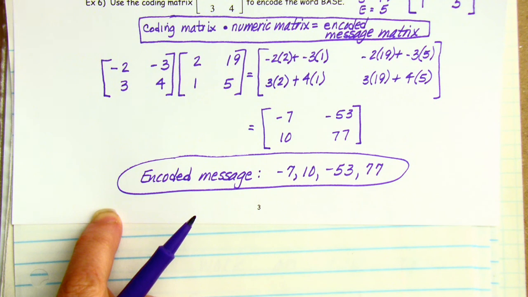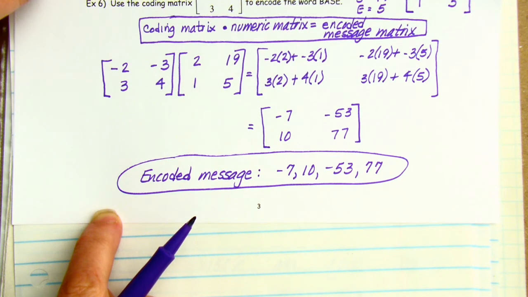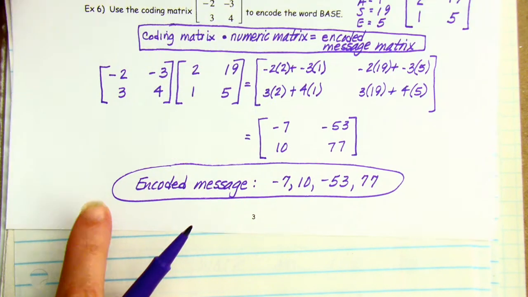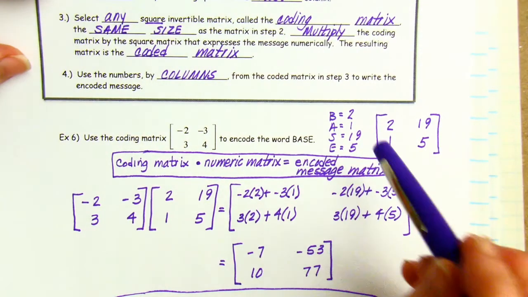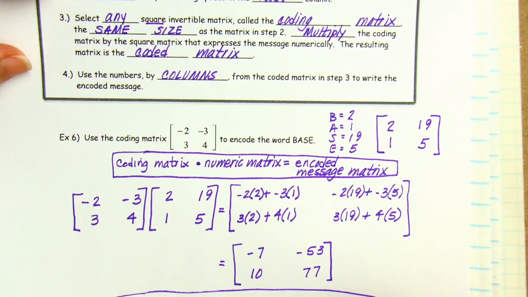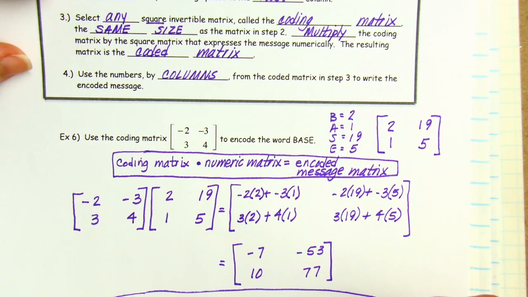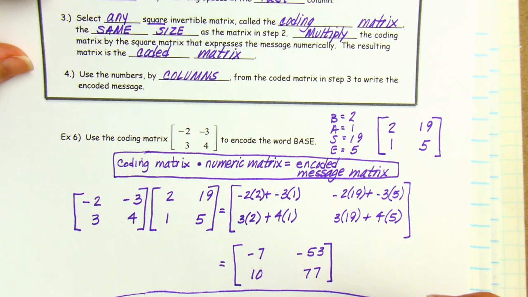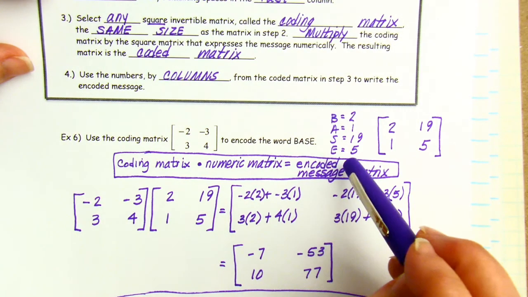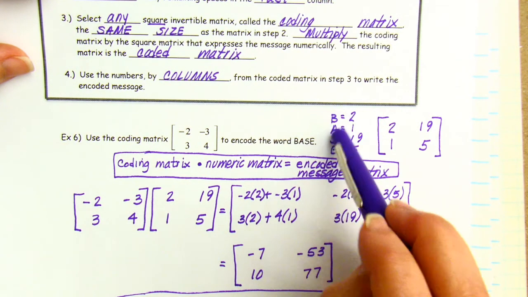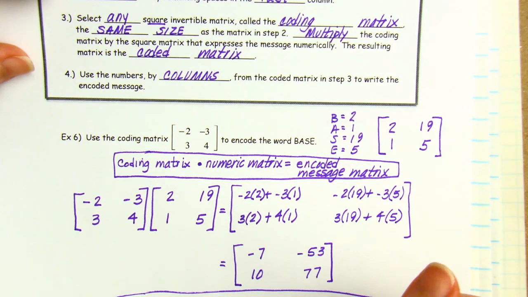Okay, so again, what did we do? We took our word or our message, we assigned values to them, to the location in the alphabet, and we put them in a matrix and columns. I knew I needed a 2x2 because this was only 4 characters. Now, if you have another word